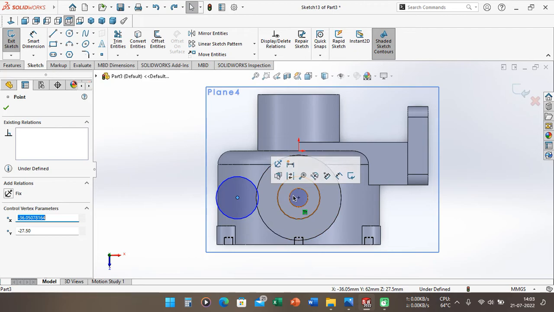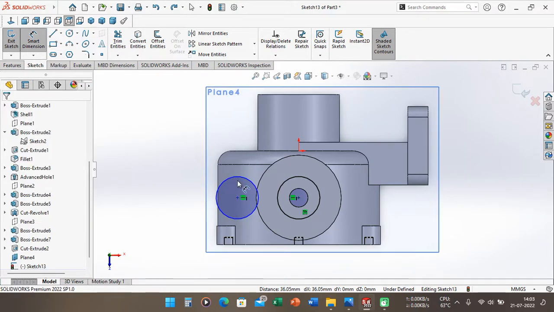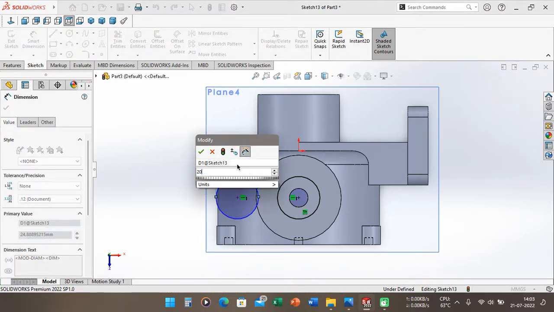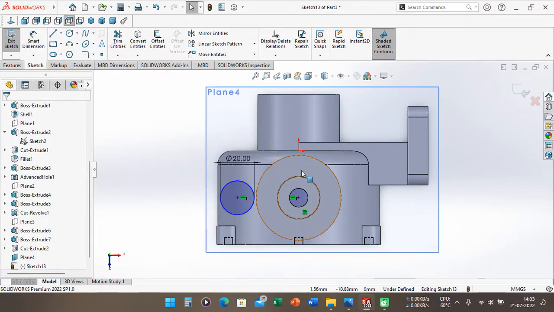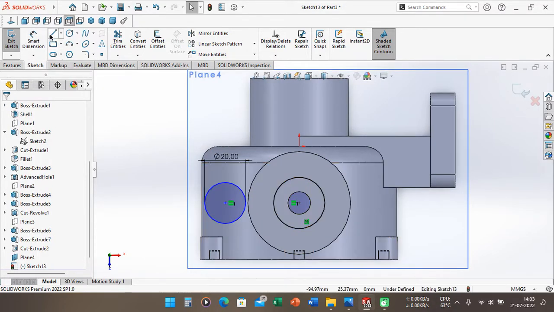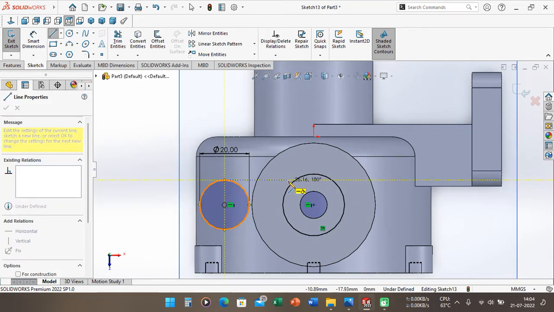Choose the center line and the center point, and we can make relation horizontal, and we can define here is 20 millimeter. Okay. After that we can make a straight line here and connect it to this circle.